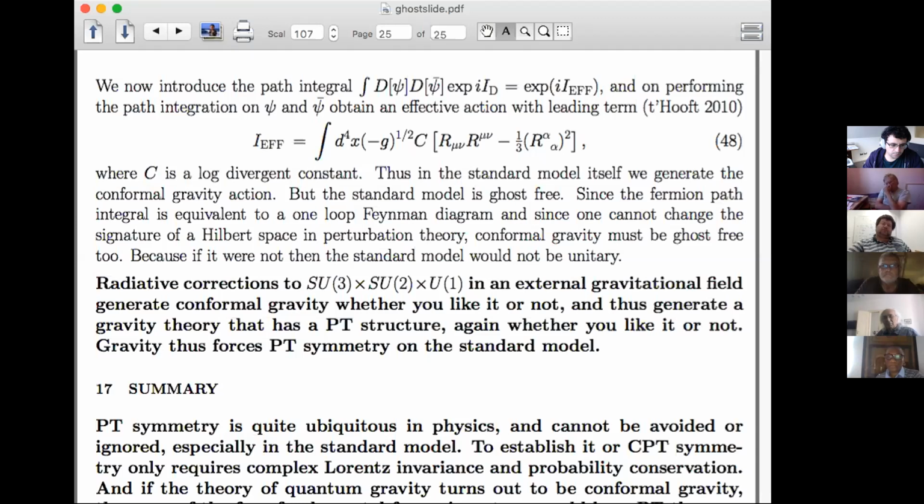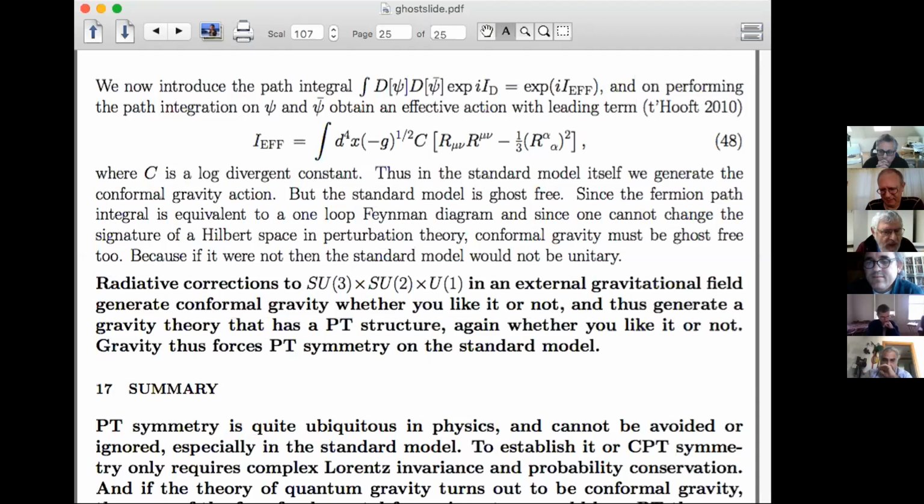And the answer is yes, it's conformal symmetry. If you impose conformal invariance as a starting point, and it's a reasonable starting point because it's a symmetry of the light cone, and all particles move on the light cone before they get masses, then you will be forced to second order electrodynamics and not to a fourth order variant of it. However, when you do it for gravity, you are forced to abandon the Einstein-Hilbert action and go to the fourth order conformal action.